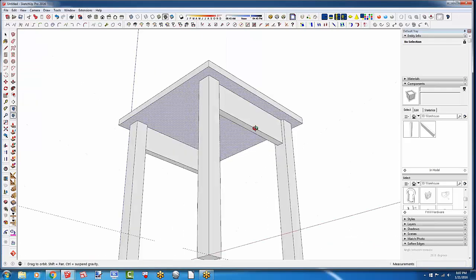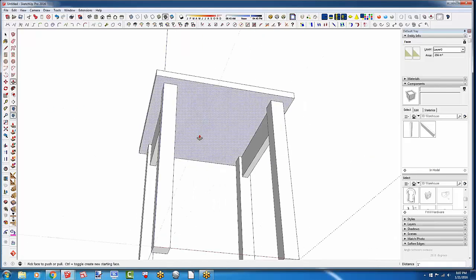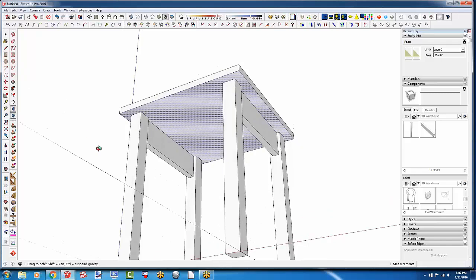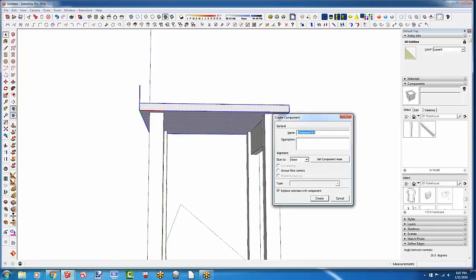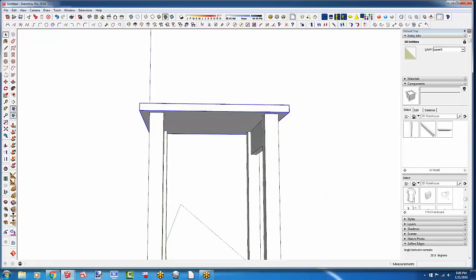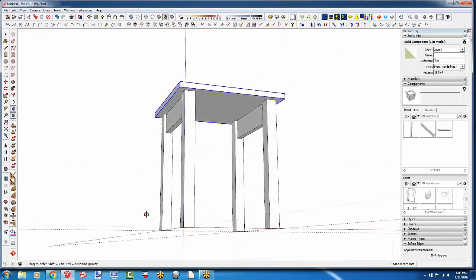And there's a top that's centered on the legs. No calculations, no futzing with where you put it or how you get it in there. It's not a very sturdy table the way it is, but